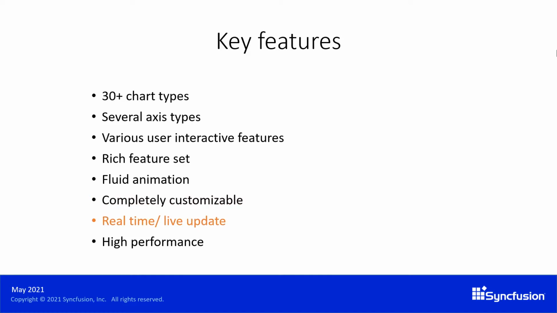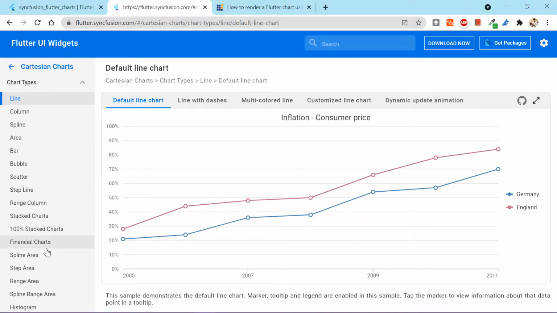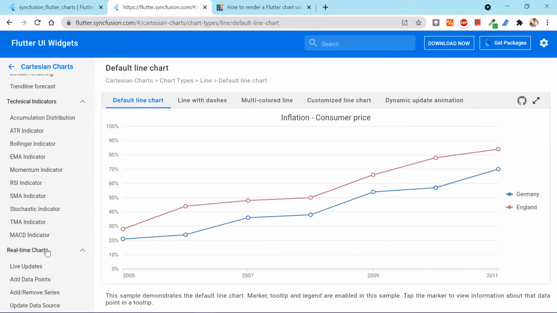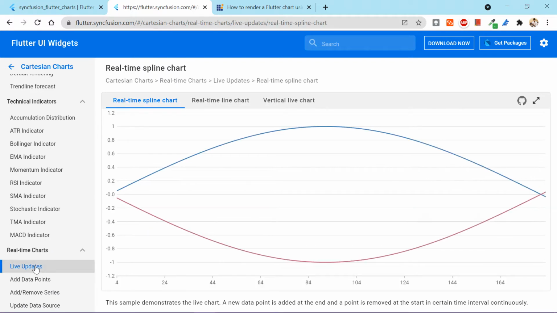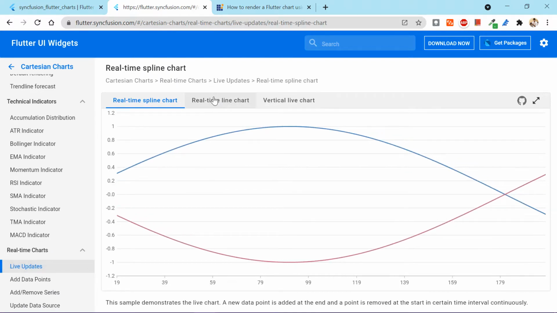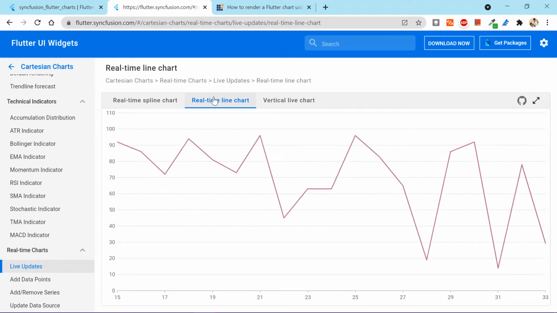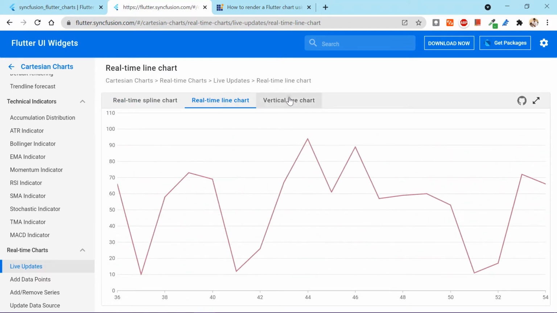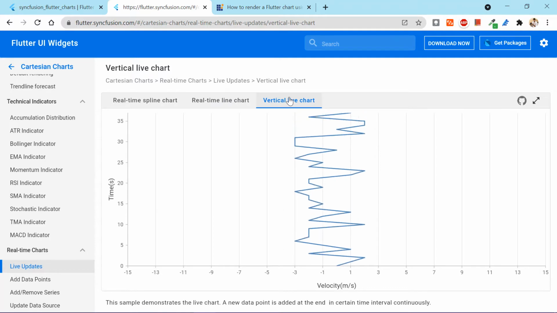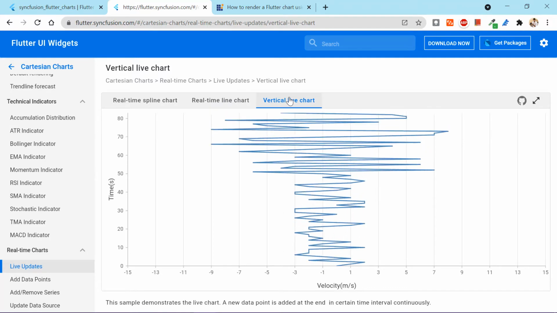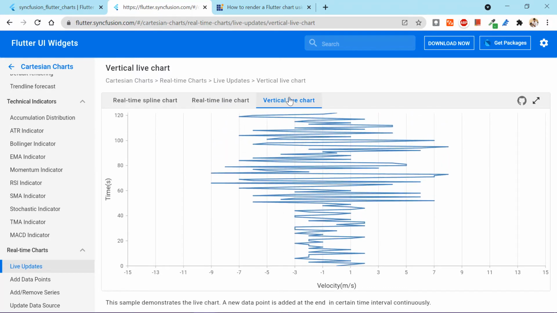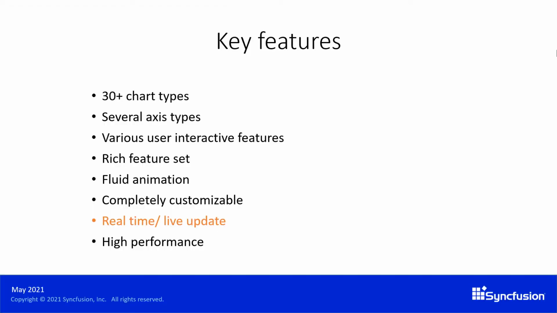Excitingly, it also supports dynamic live updates to create real-time charts. You can see some real-time chart demos here. And finally, its performance is high enough to render a huge amount of data in a few seconds.